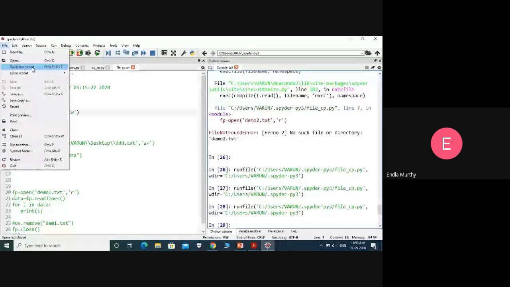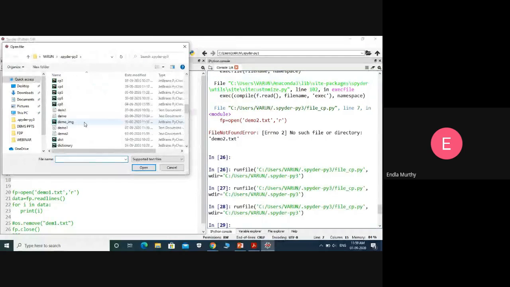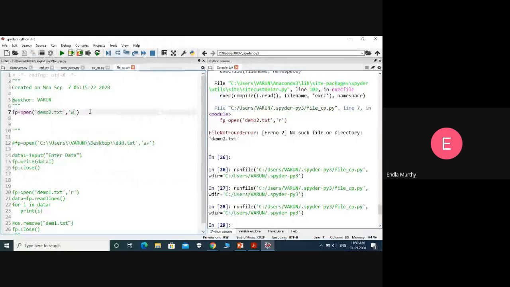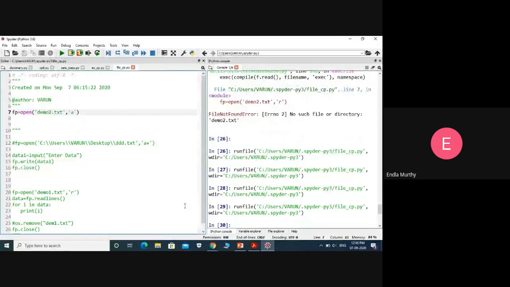If we check, yes, here we have demo2. Clear? Like that we can use read and write, and similarly append, a. The variations, we are going to see in the next examples, but here simply check how we are opening the files in different modes. If you open in a mode also, as demo2 already exists, we can open it in the append mode also. Similarly, we can open in any mode.